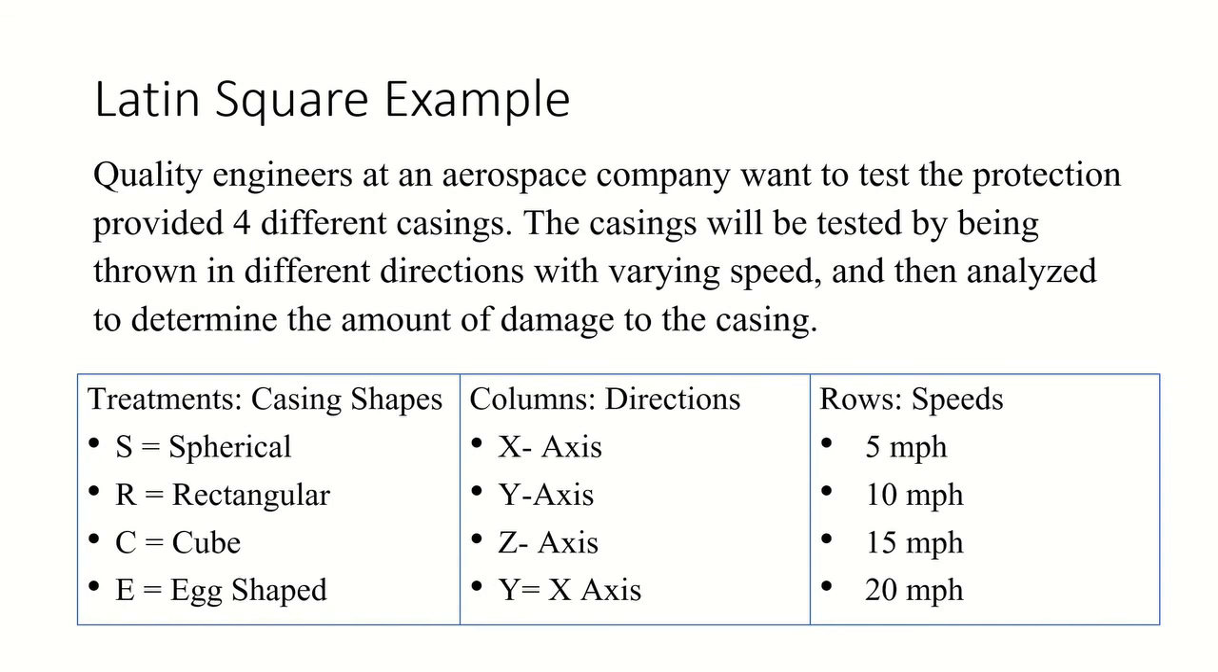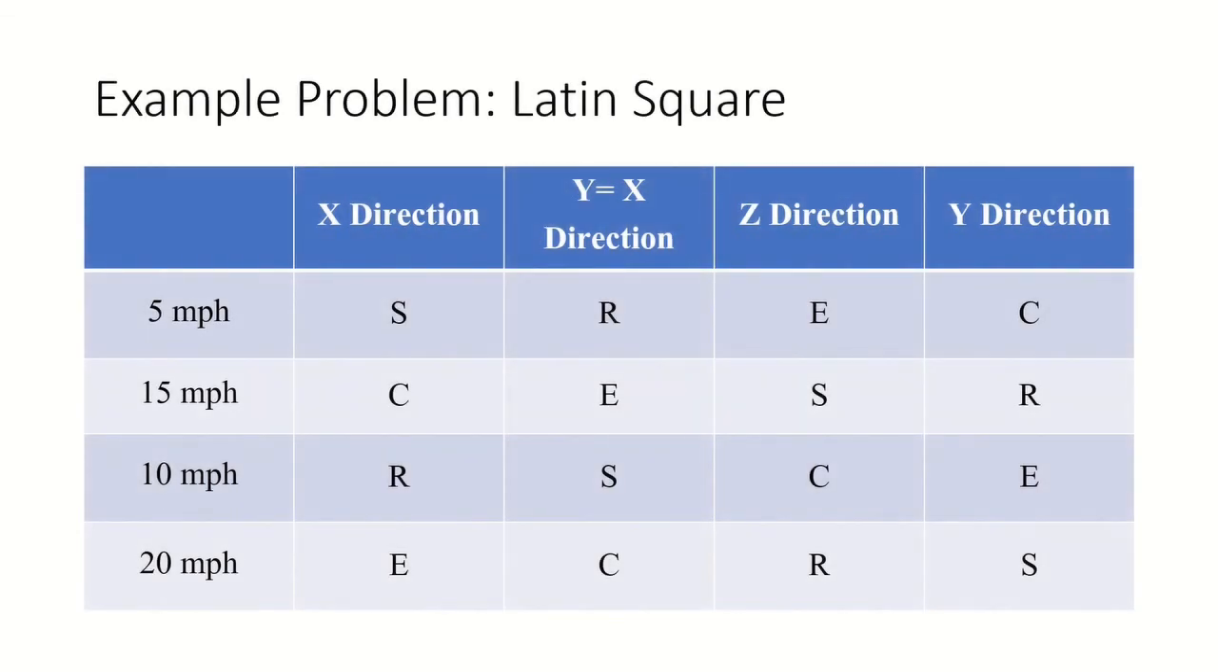Our treatments are going to be the casings, which are spherical, rectangular, a cube, or an egg shape. The columns will coordinate with the directions, and the rows will represent the speeds. Our end result will look like this. I hope this example helped you better understand